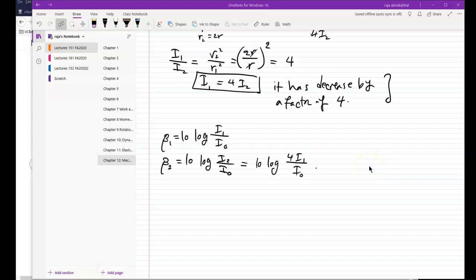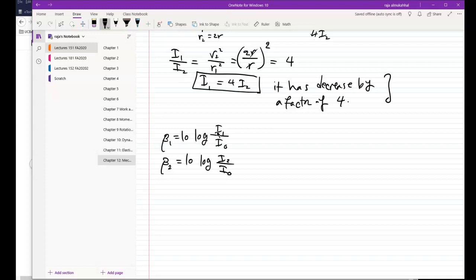Oops, I think I messed up my notation. I hope you're not screaming at me by now. We said that in this part, I1 is equal to 4I2. So what I wanted to do is to write it in terms of I2, not I1. Sorry, this should have been I1. Let me go back here. This is wrong here. Sorry. Okay. So I hope those two formulas are